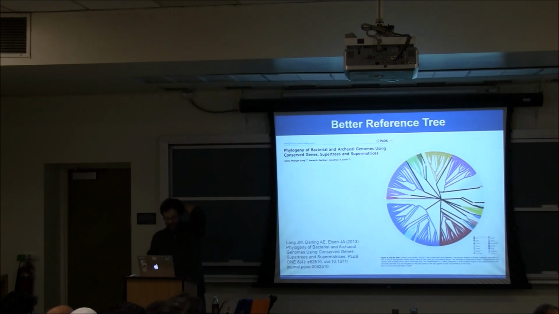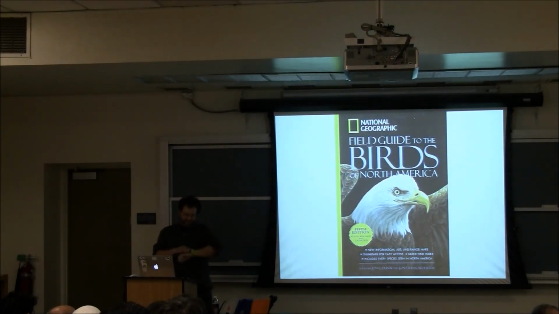And then the last thing we're doing is, to place this all into context, you need a tree of all the genomes that are out there. Turns out that with 4,000, 5,000 genomes, it's getting hard to build a phylogenetic tree of all of those genomes. And Jenna Lang, who was a grad student in my lab and is now a postdoc, has been trying to develop ways to build trees automatically of thousands and thousands of genomes so that we can then anchor the environmental data.